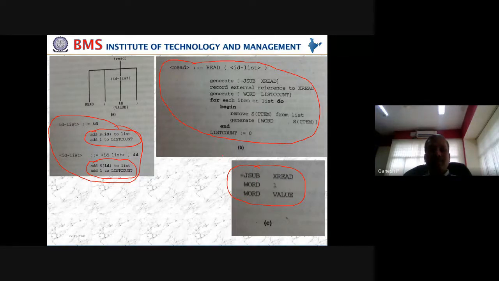You need not memorize anything here, but observe that for every non-terminal symbol, or every language construct in general, we have an associated routine, a semantic routine or code generating routine like this, and they in turn generate the final object code, which is finally converted back to machine dependent or machine equivalent code. That is how we have to see it.